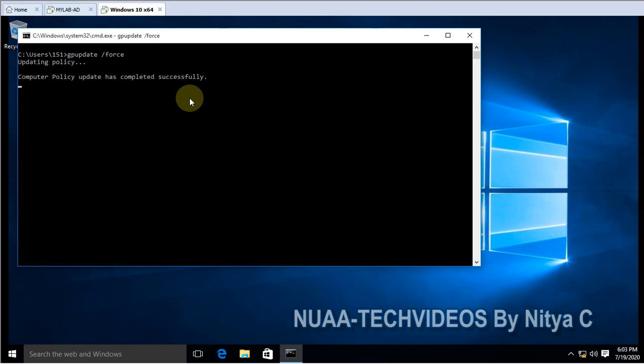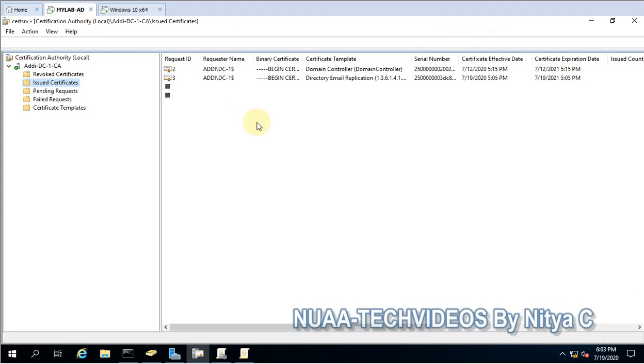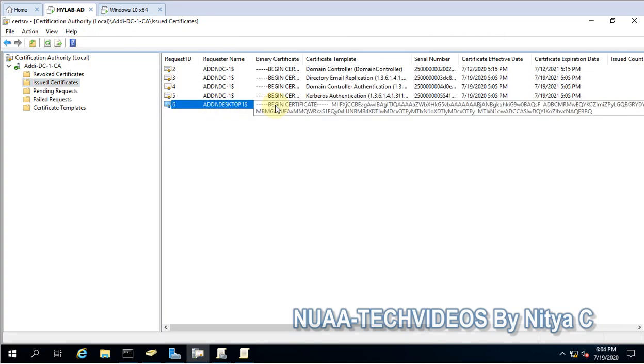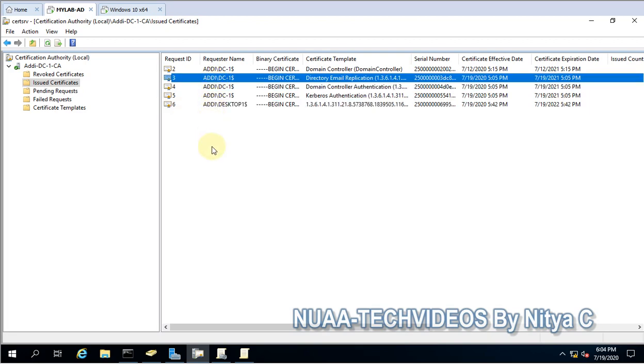Okay, so this is for the computer, and let's go back to the certificate authority. Let me refresh and let's check out the issued certificates. So you can see here, this is the certificate which was issued, and these are some of the certificates which are issued to this server itself.